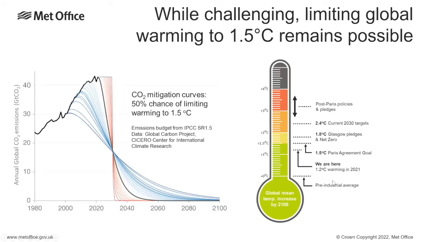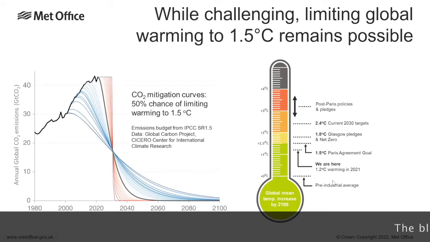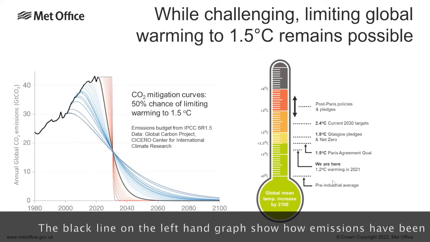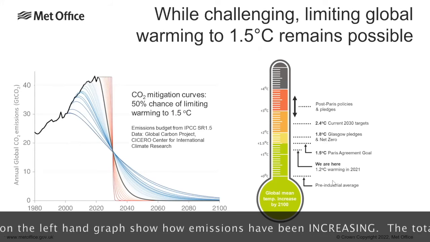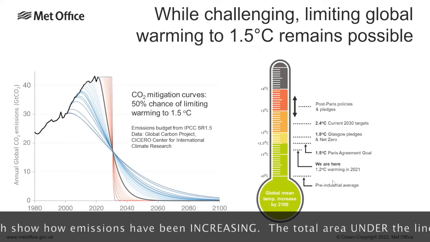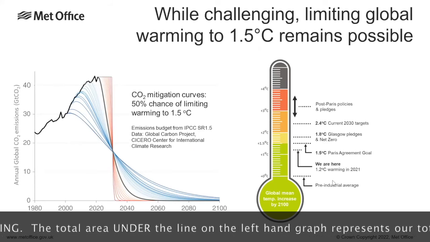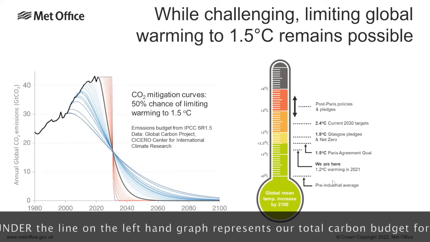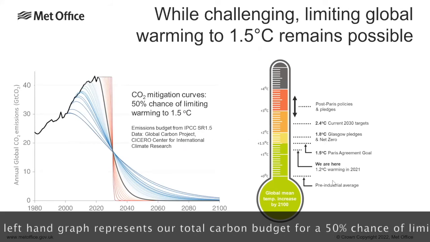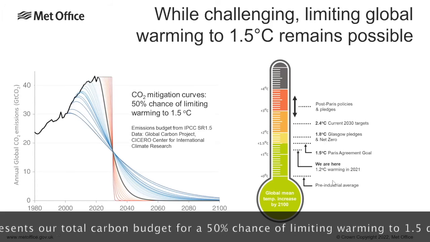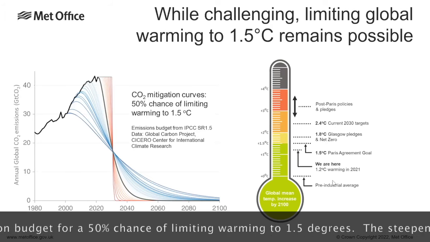The chart on the left-hand side shows the emissions of carbon dioxide per year, and the black line is what we've observed up until about 2020. So an increase in the amount of carbon dioxide we're putting into the atmosphere each year. You'll remember that every ton of carbon dioxide we put into the atmosphere warms the climate. So if we want to stabilize at 1.5 degrees, it's the area for the scientists amongst you under that graph